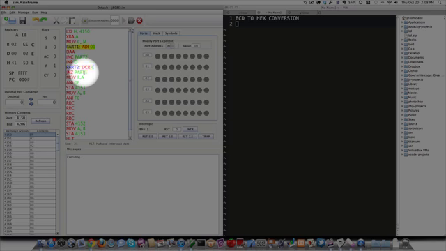This is a very long winding process. As you can see, the C register value has now only gone to EC, sorry.